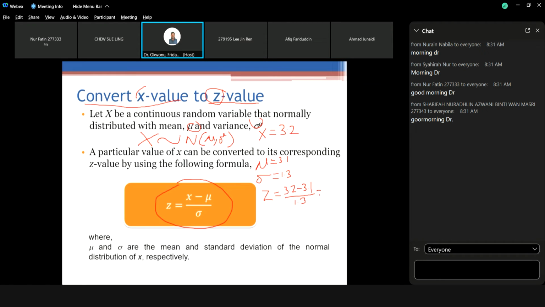So what will be the Z score value? What will be the Z score values, class? 0.07. Okay, so if we're interested in computing this probability, we use the standard normal probability distribution table. Okay,